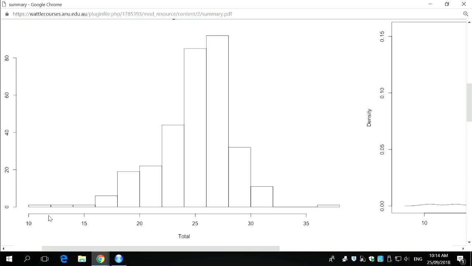Okay? If you're that person, again, I don't want you to go and put your head in a hole and go, this is dreadful. It's not dreadful. It can improve, and you've got 2 whole pieces of assessment to drag it up, okay, and get yourself comfortably into the P range or into the credit range, right? So I've seen quite a few people struggle in assignment 1 and come back and do very well, actually, in the course, okay? So I hope that gives you a bit more comfort around what your mark actually means, all right?